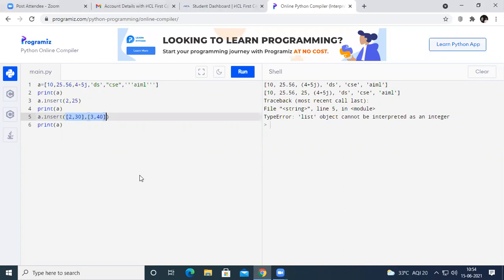With this, I'm going to close today's session. In tomorrow's session, we are going to see how to remove, how to pop, how to slice, and how to reverse the elements in the list, how to find the length and minimum maximum value, how to search an element, and how to sort the elements in the list. If anybody is having doubts, you can raise your hands.